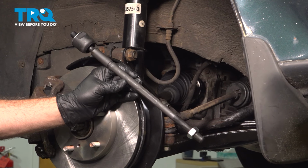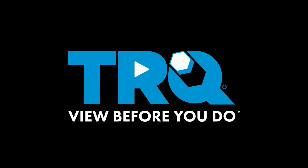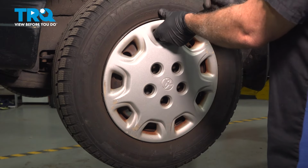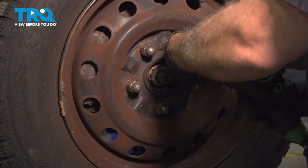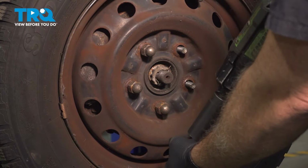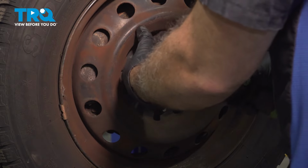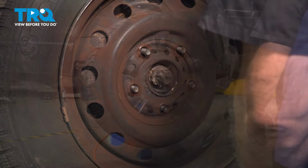In this video, we're going to show you how to install an inner tie rod end on your Toyota Camry located on your steering rack. Use a pry tool, go ahead and pop off that center cap. Use a 21mm socket to go ahead and loosen and remove the lug nuts. Remove the wheel